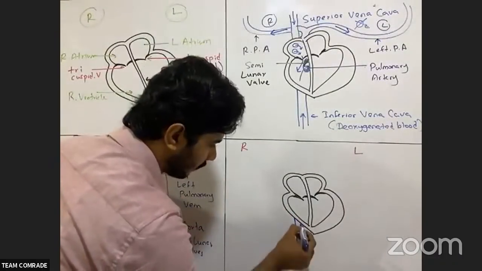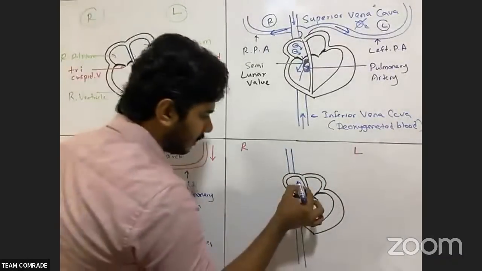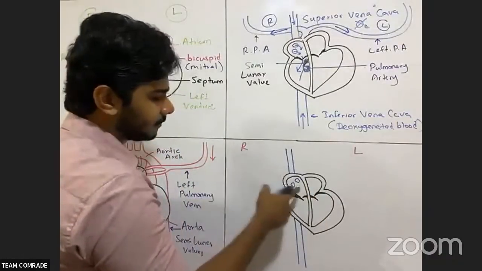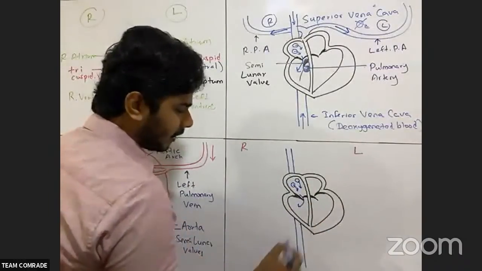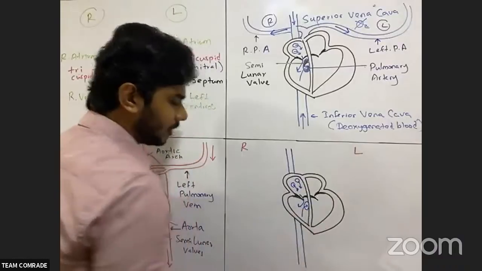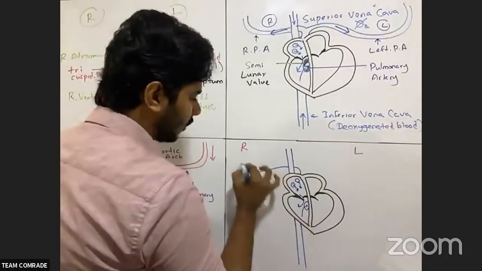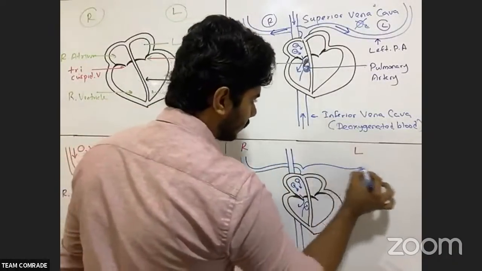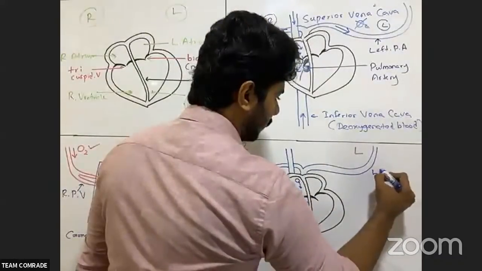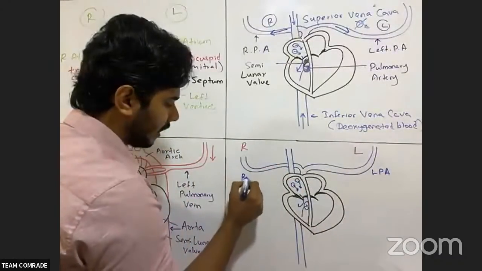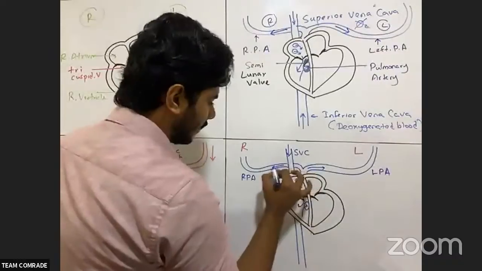How the blood is coming from the bottom part of the body using the IVC, and here from the top part of the body using the SVC, the blood is coming, and both bloods are draining to where? The right atrium. From the right atrium, the blood is going towards the right ventricle, and here we see the opening. So that is getting into the pulmonary artery opening using the semilunar valve. When it comes to the pulmonary artery opening, that is going into the lungs like this, right? Then it is going into the lungs like that. So this we call the left pulmonary artery. This is what we call the right pulmonary artery. This is what we call the SVC.